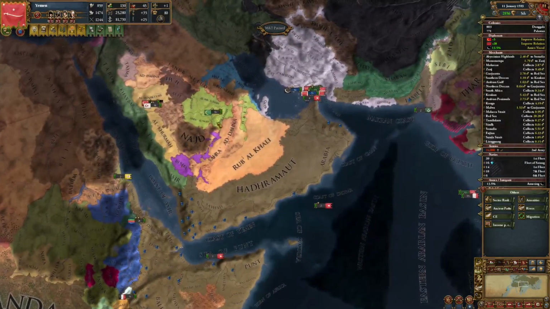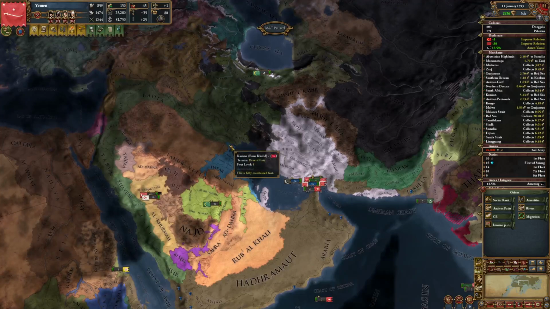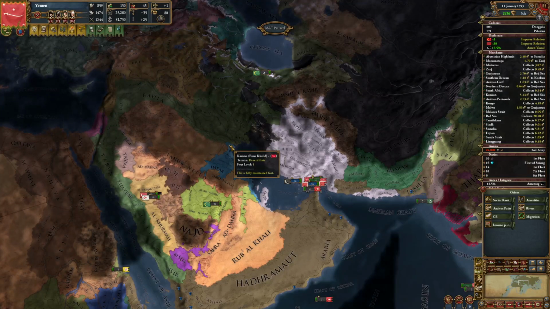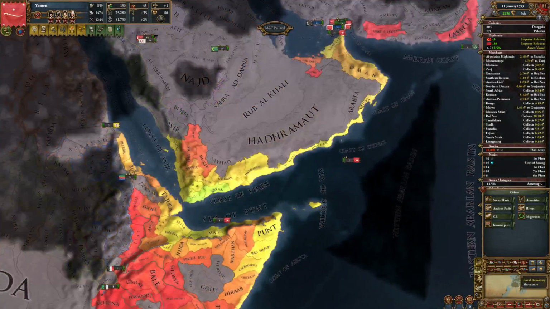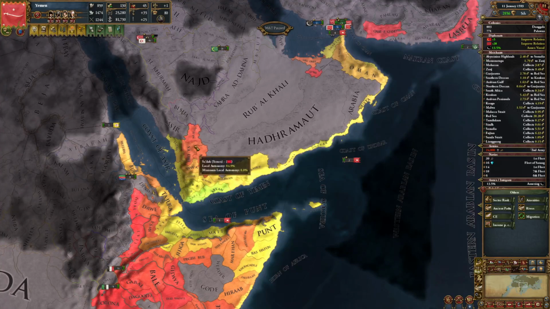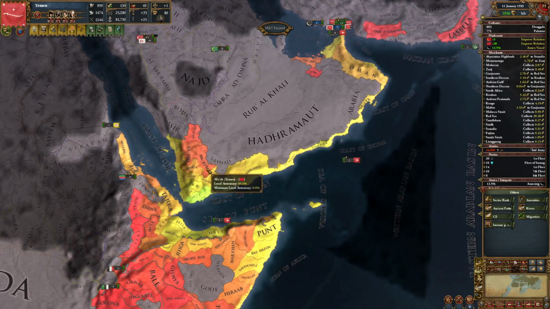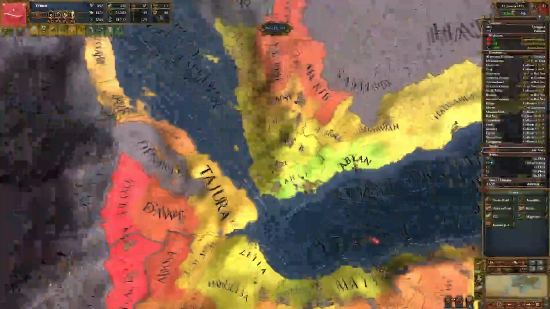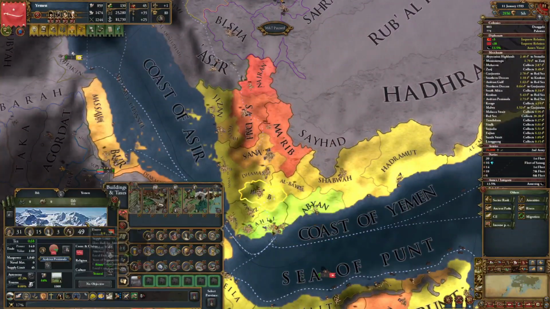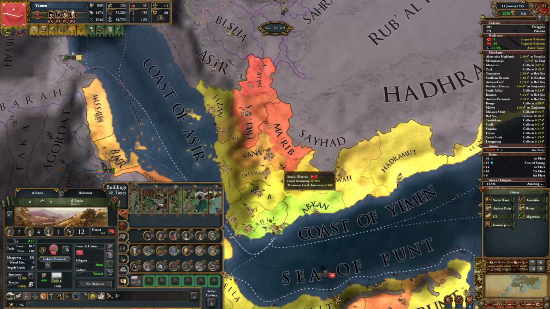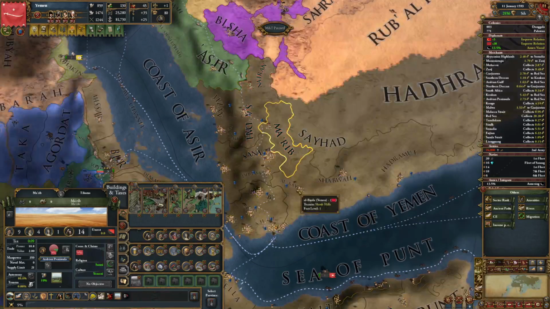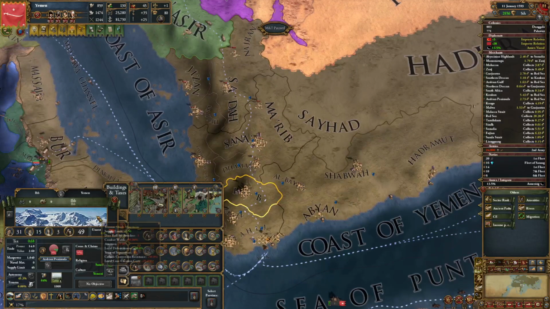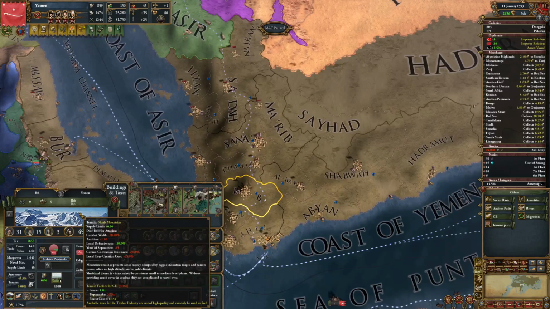And keep in mind that, for example, if you conquer stuff far away, it will always be very autonomous in your realm. And even if we look at our realm here, we can see that the inlands part of Yemen are extremely hard to govern already, because it's very difficult to get there due to all the nasty terrain here, mountains and stuff. Because if you check out the terrain, let's take Ib for example, because it's a terrible one. It's shrub mountains, and we can see here in the bottom there is a terrain factor for CE.